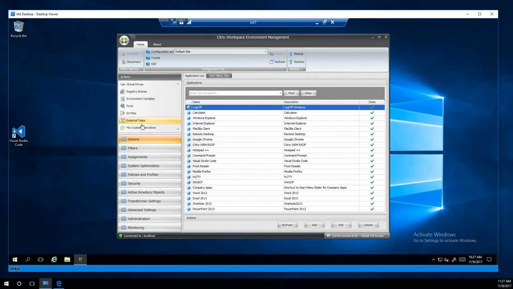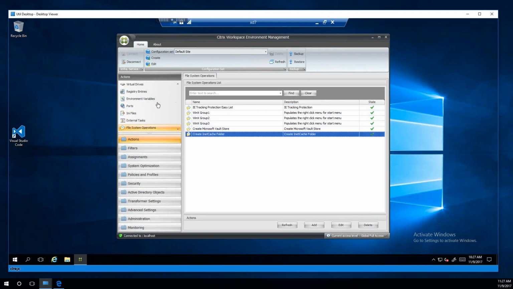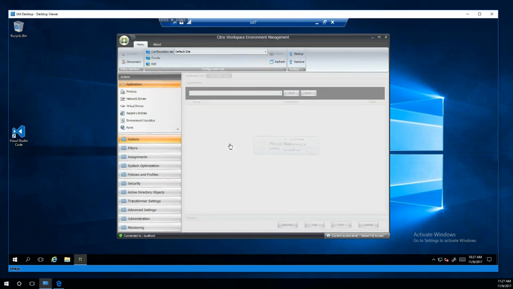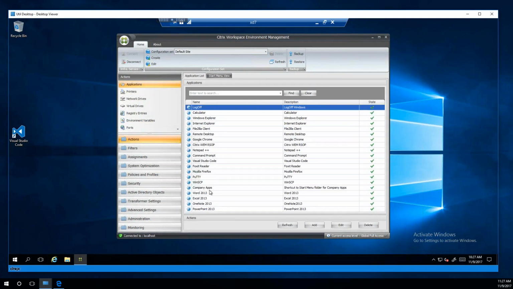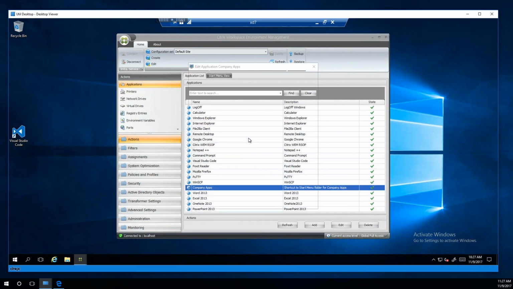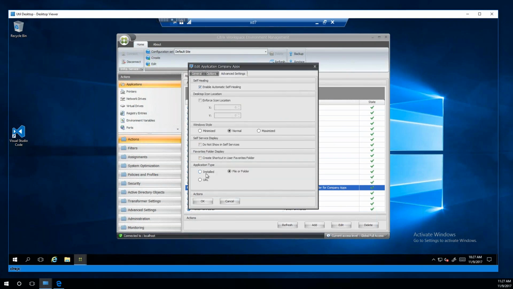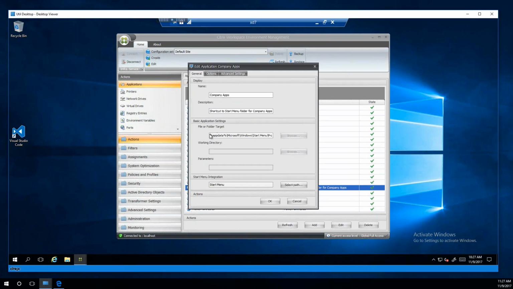Where did, oh, I created it as a shortcut. That's right, an application. Right down here. There it is. So when you're doing your application shortcuts, you have a choice of doing an installed application, a URL, or a file or folder. So at this point, all we're doing is we're creating the shortcut to the location of wherever the start menu is going to be. Makes it simple, makes it easy, and I could put that on the desktop.